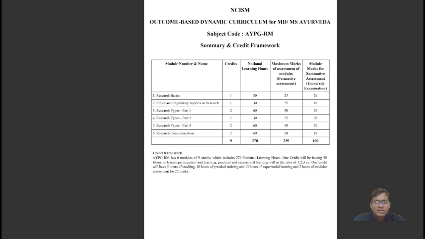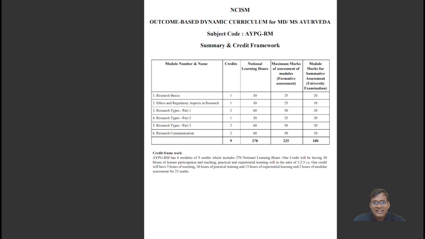Then the second module, ethics and regulatory aspects in research, has credit point 1 and 30 notional learning hours, and the maximum marks for formative assessment are 25. In the final summative assessment, 10 marks will come from this module. Then module 3 explains research types, Part 1. Module 4, research types Part 2. Module 5, research types Part 3, and